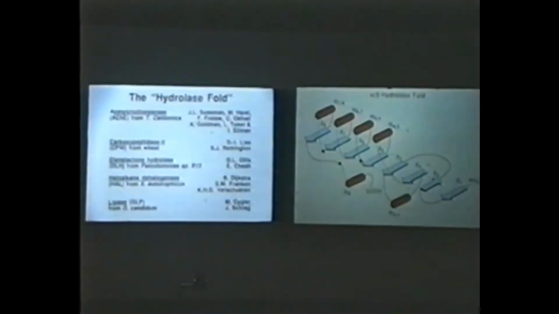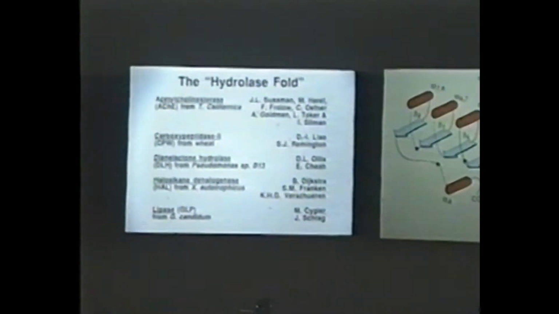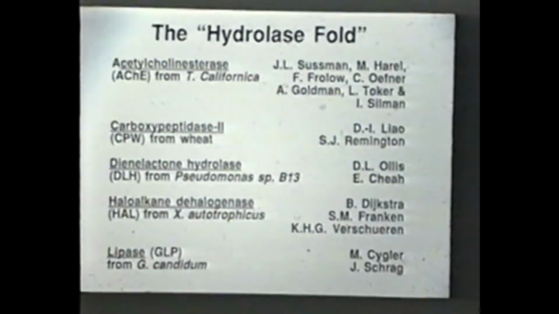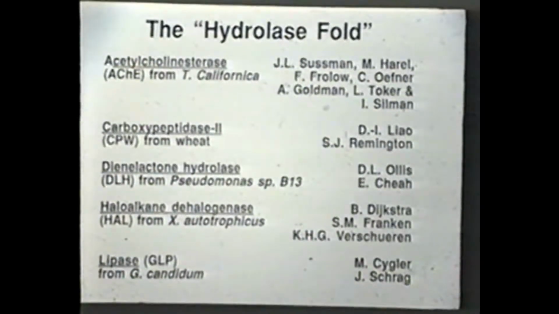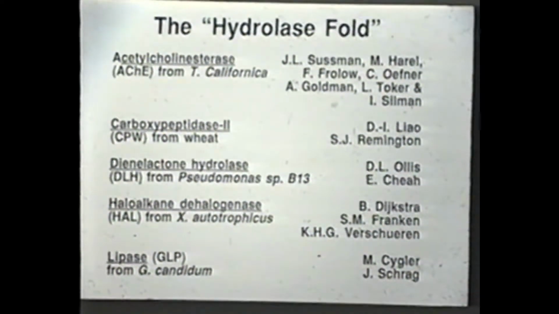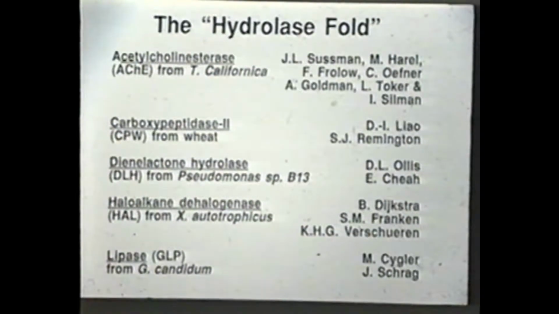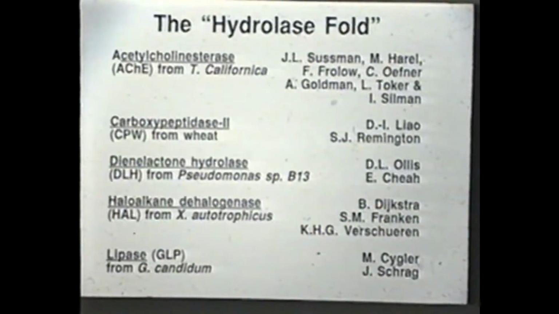About the same time that this lipase was determined by Merrick, there was a carboxypeptidase from wheat, a dienelactone hydrolase from Pseudomonas, and a haloalkane dehalogenase from Xanthobacter autotrophicus, determined in three different laboratories in Oregon, in, I don't know where Dave was at the time, now he's in Australia, and in Holland. These five proteins share virtually no sequence relationship, except a tiny bit between two of them. If you compare the sequences of the amino acids, there's virtually nothing in common,